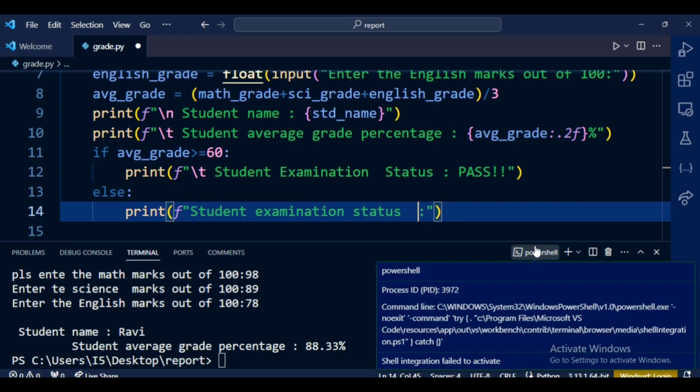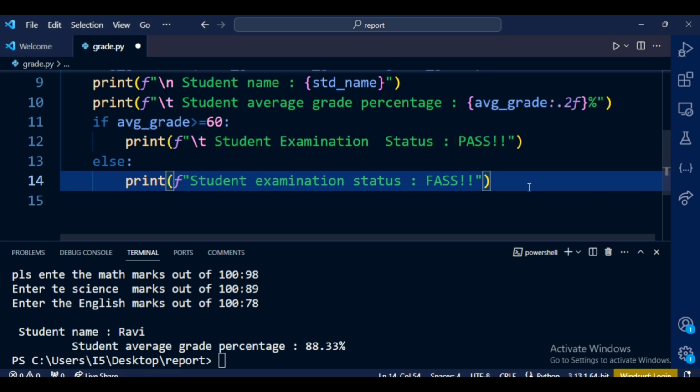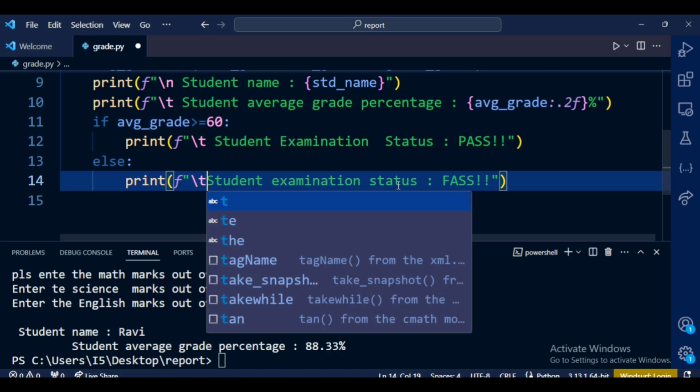Then we will see here, run the program. I have to take here /t, save the file, run it here, cls, and then